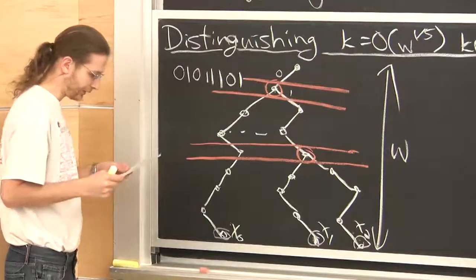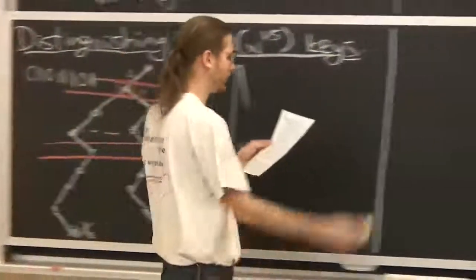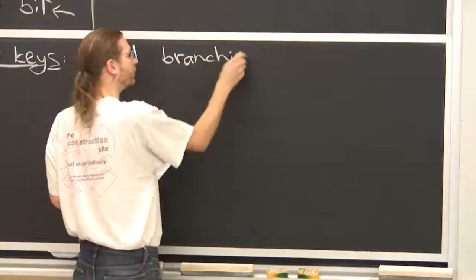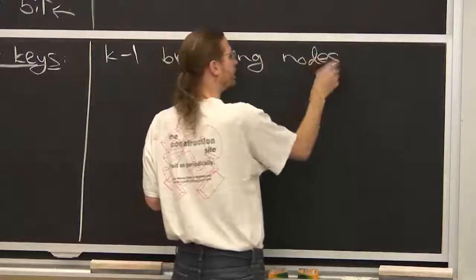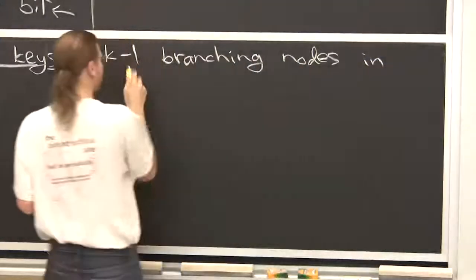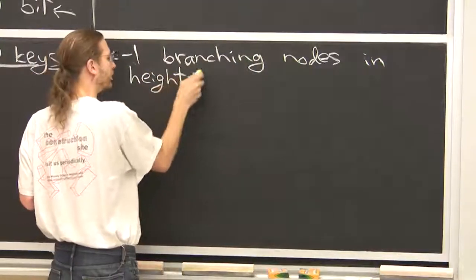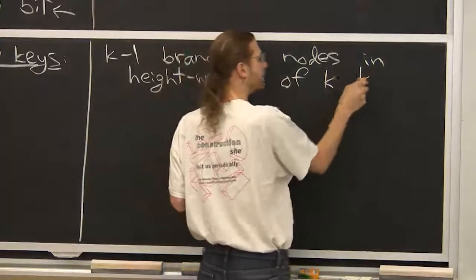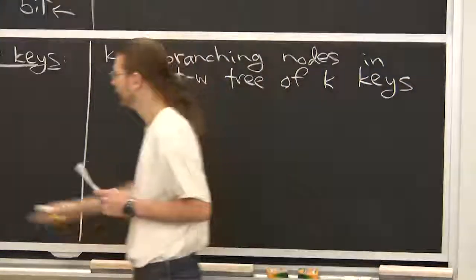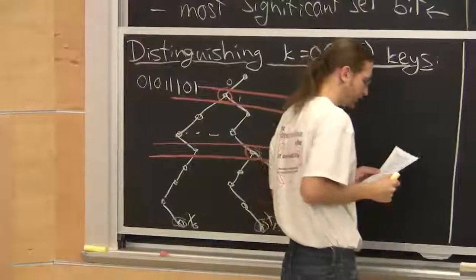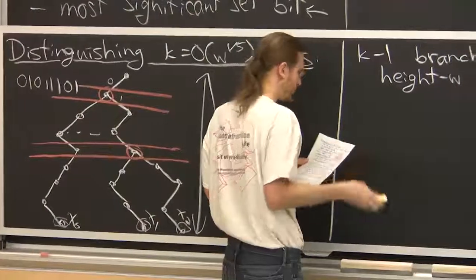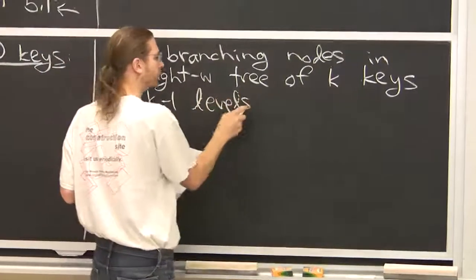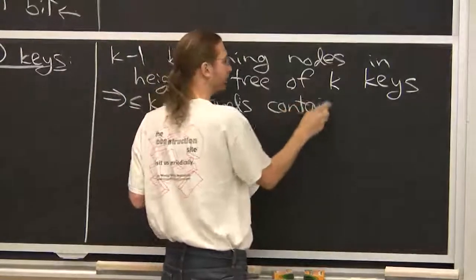Okay, let me formalize that a little bit. So we have k minus 1 branching nodes in this height w tree of the k keys. Because there's k leaves, there's going to be k minus 1 branching nodes, because the k leaves are distinct. So this means there are at most k minus 1 levels containing a branching node. Might be fewer, but